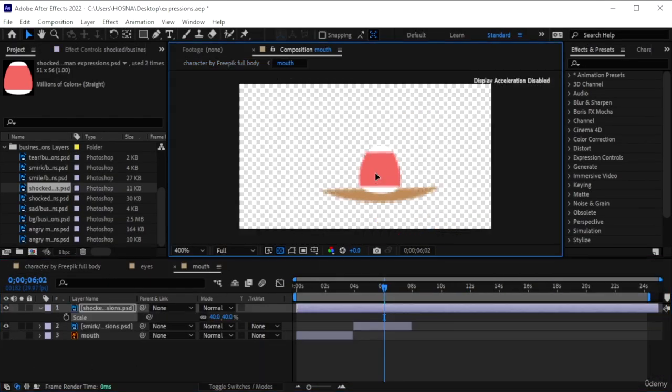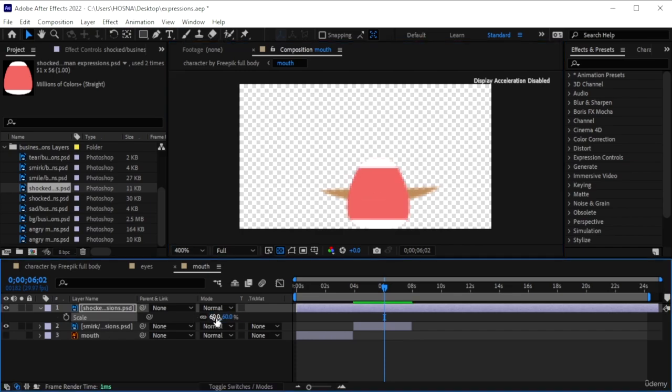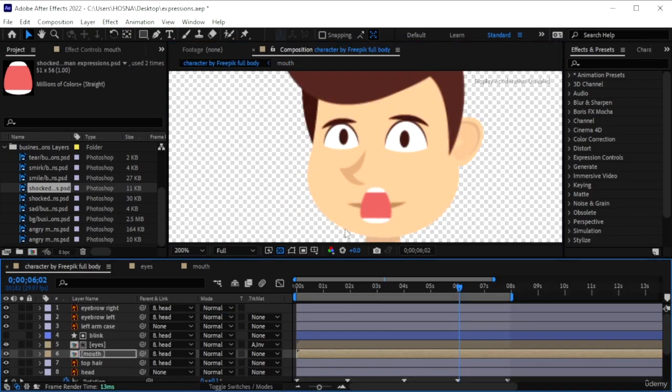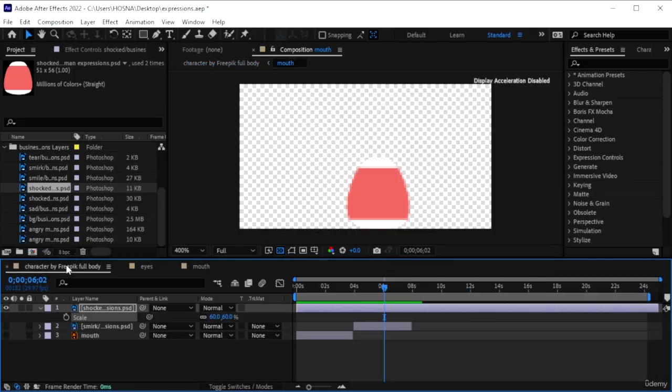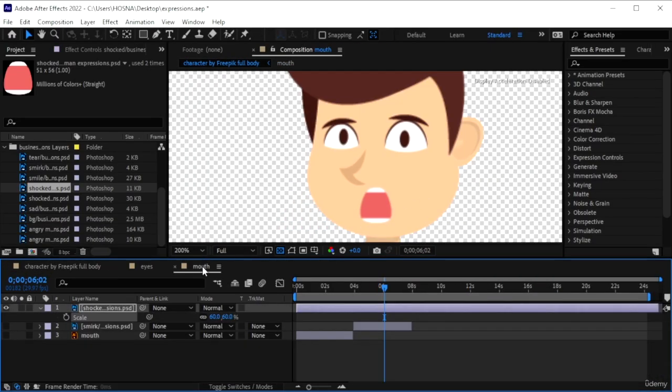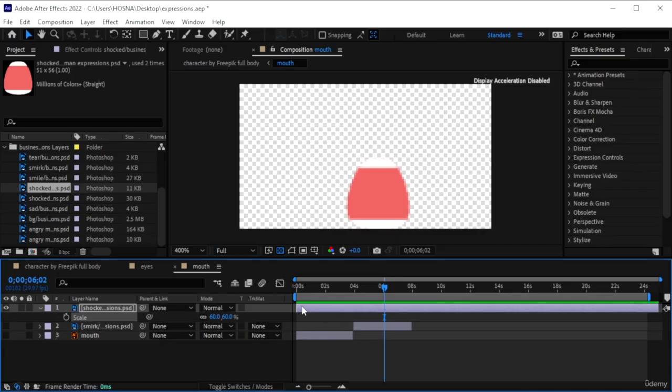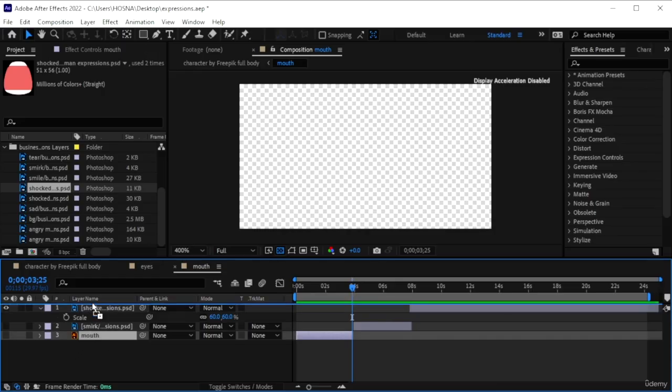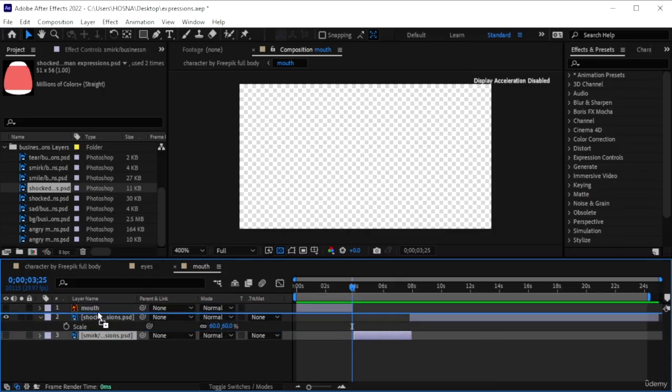Firstly, put it on where the original mouth is. That way you can have a better understanding of the size. So let's turn that off, have a look. Yeah, that's good. So 60%. Cut that, and we're going to make it appear after that. Let's create a staircase effect. So first is